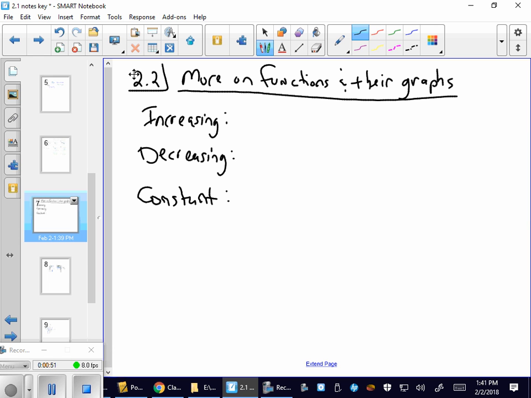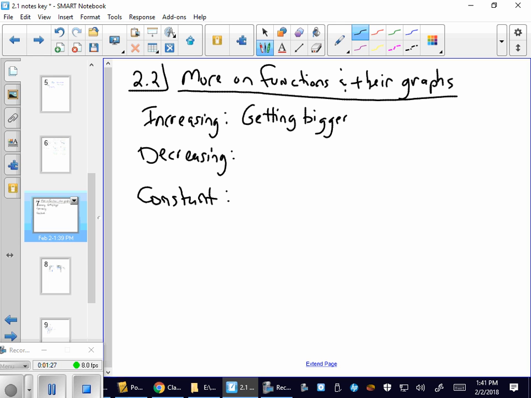Increasing, decreasing, and constant. So hopefully the idea of something increasing or going up or getting bigger makes sense, at least from a non-mathematical standpoint. But that's the idea. Something which is increasing is getting bigger. Now, for mathematics, there is a much more difficult definition. It's very symbolic. But if you just understand that it's getting bigger,